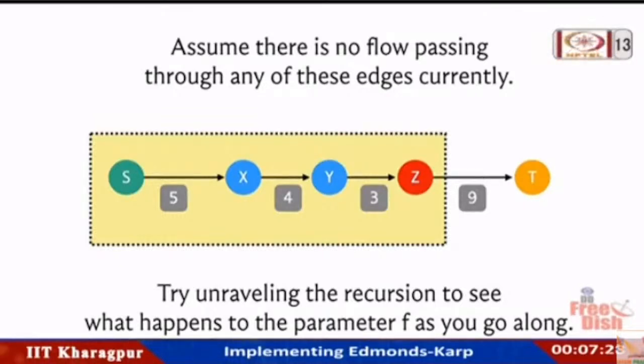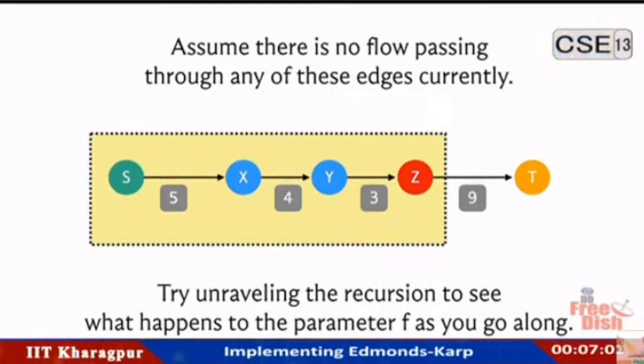It got overridden by 9, and as you go further along, whenever you encounter an edge whose residual capacity is more than the value that was passed on or is equal, then the value of the parameter doesn't change. But every time you encounter an edge whose residual capacity is smaller than the value that came in, then this parameter value is going to get overridden. At some point you keep going back